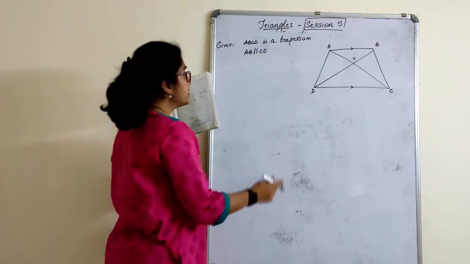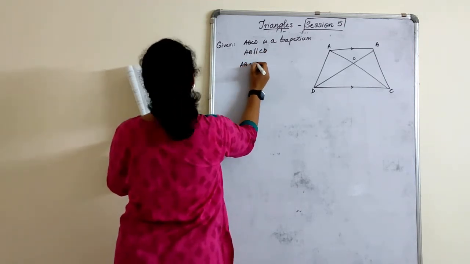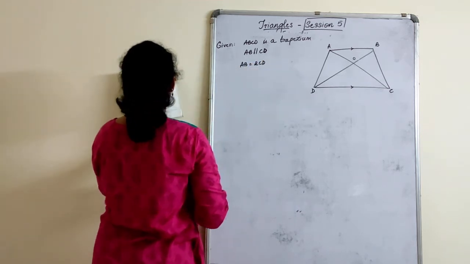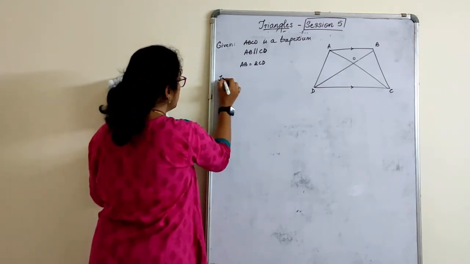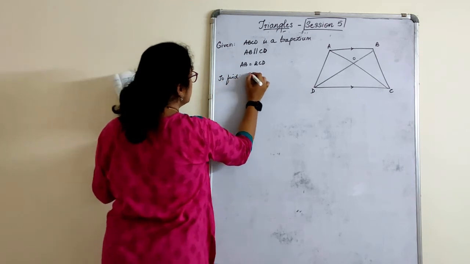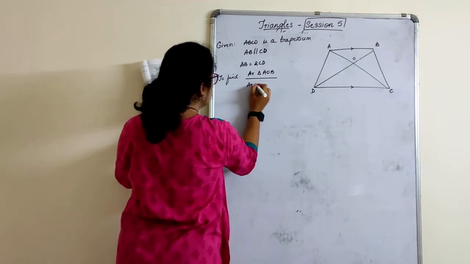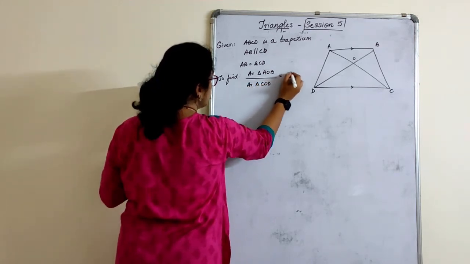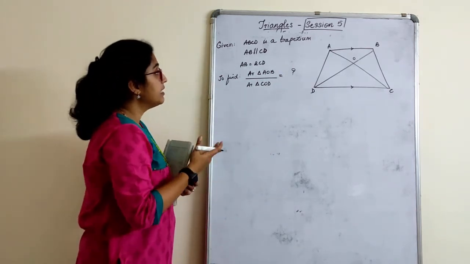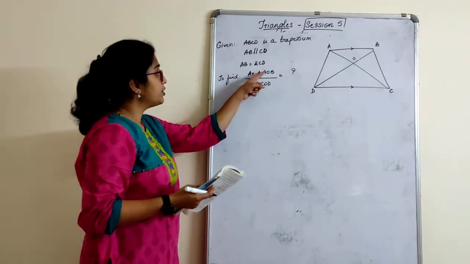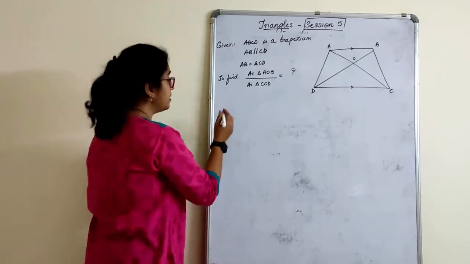That's okay. Diagonals intersect, we can leave that. Next, they have also given that AB is equal to 2 times CD. Find the ratio of the areas of triangle AOB to triangle COD. Area of triangle AOB to area of triangle COD is equal to question mark. We need to find the ratio. That means, first of all, we need to prove that these two triangles are similar, then find the ratio. They have not given that the triangles are similar. Proof.